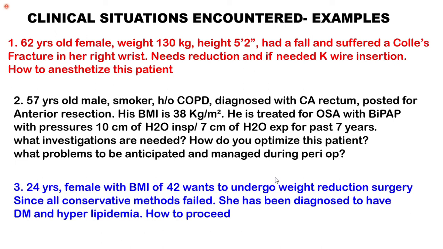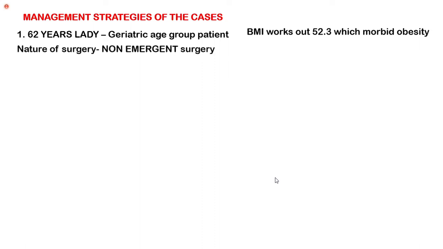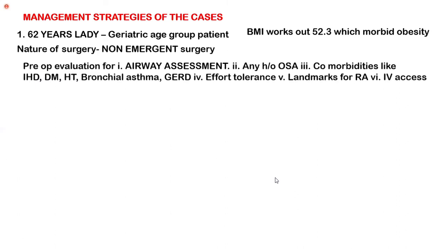Okay, right. So now management of this 62-year-old geriatric patient, BMI. So here there are two problems. Patient is obese and she belongs to geriatric age group. BMI works up to be 52.3, which is morbid obesity. Nature of the surgery, it is a non-emergent surgery. And pre-op assessment, airway assessment is very important. And find out any history of OSA and comorbidities like ischemic heart disease, diabetes, hypertension, bronchial asthma to be ruled out, GERD, and check the effort tolerance and see the landmarks for regional as well as for the